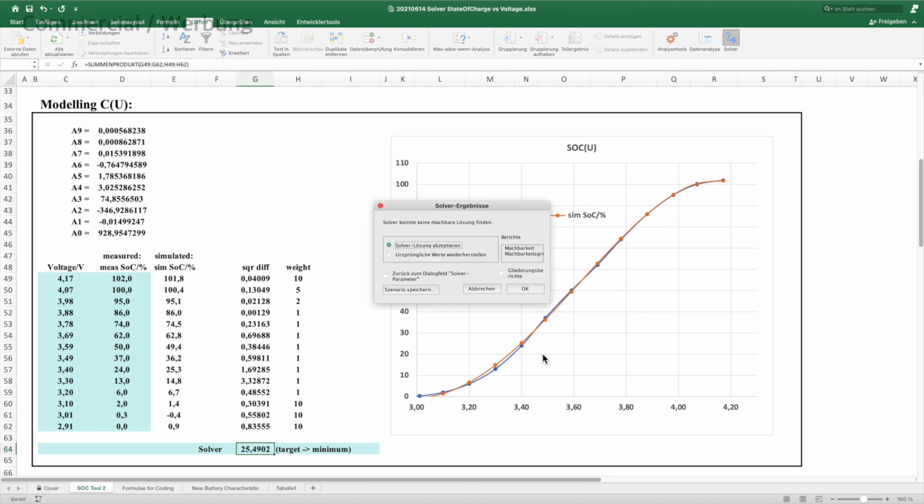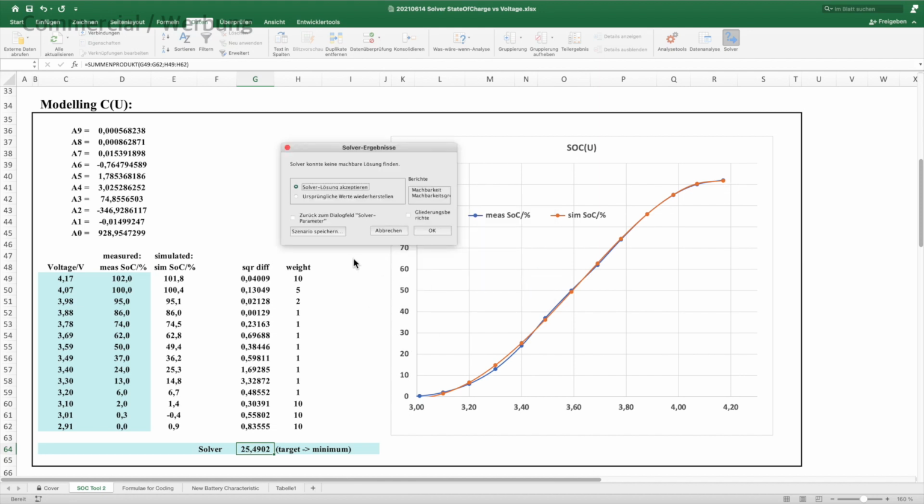And boom, it's done. The functional approximation fits now to our new values. And we can accept the solution now.